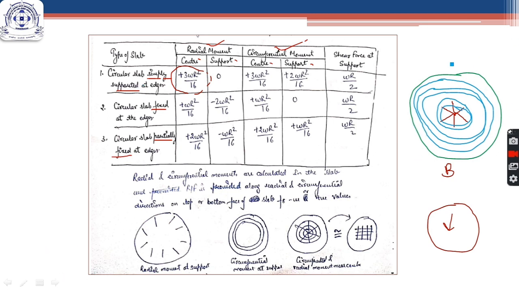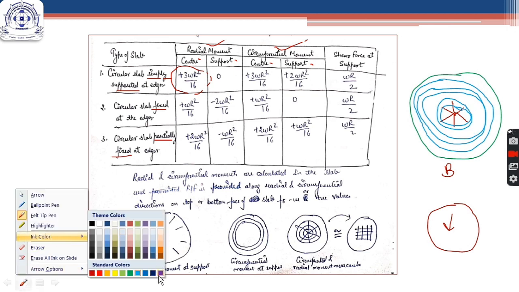So this will be the diagram of your detailing of the circular slab. Now this is the plan of bottom face. The top face does not require any reinforcement because, as you can see in this particular case, there are no negative moments, but for safety we provide a small amount of reinforcement in the top face also.